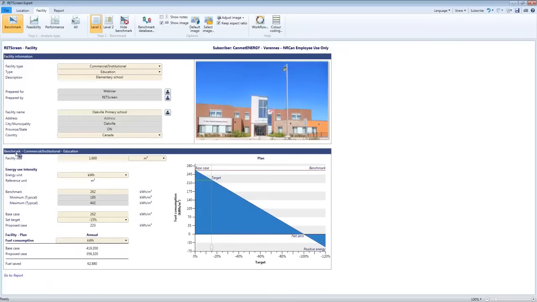Now let's go into the benchmark and look in more detail at each of these cells that we were looking at before. The first thing, as I said, is RETScreen asks for the size and the units. The units are selected automatically by the software based on the facility type and type that you selected in the facility information above. You notice that some of them were per employee, some of them per size, and in the benchmark database there were all types of different units. Let's say that this school is 4,500 square meters,